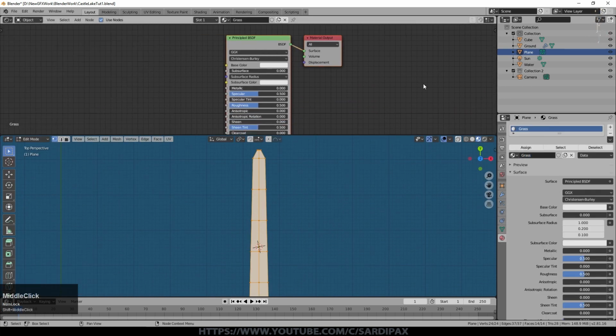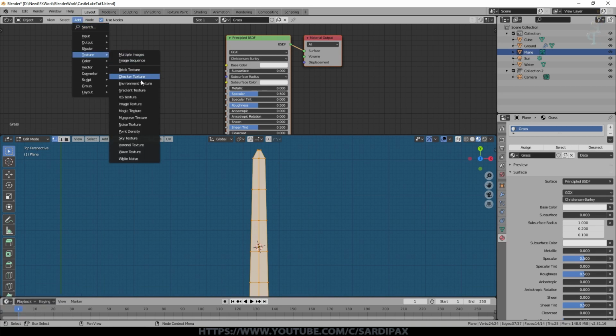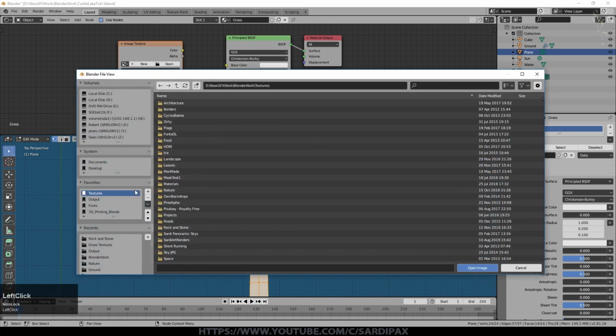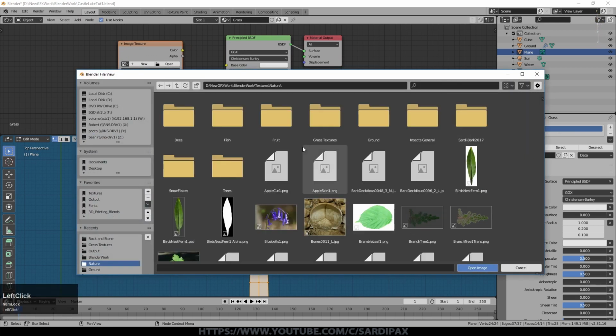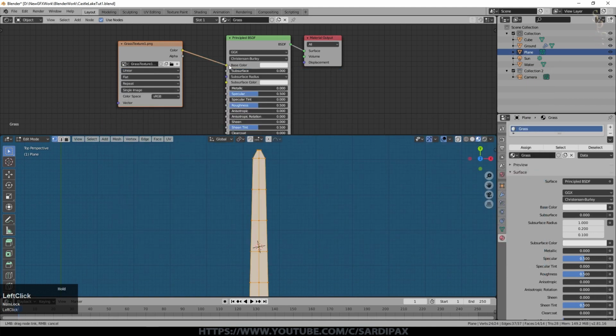You can just use a color or you can use a texture. I'm going to use a texture, but it's a very simple texture. I just basically cut an image of a leaf or blade of grass, I don't remember what it was now, and used a piece of it, and you'll see when I select it. So I'm going to add a texture, which is an image texture. Now if we come up here, we can select thumbnails, and this is one I often use for grass, and I'll plug that into the base color.